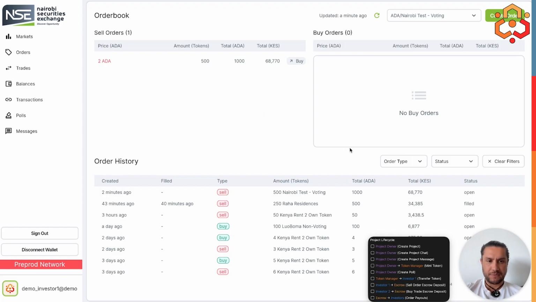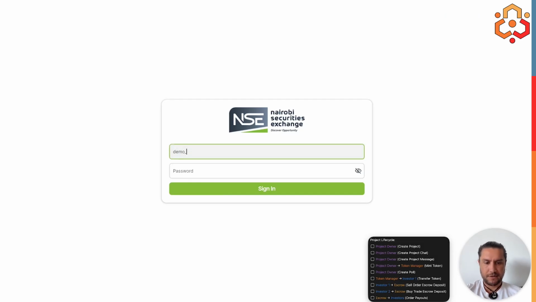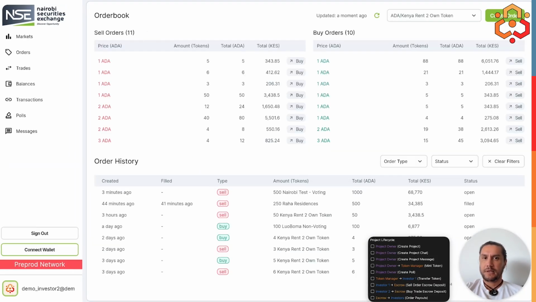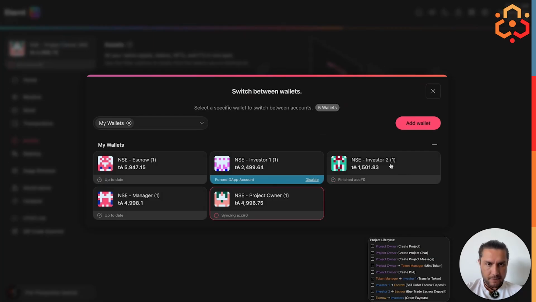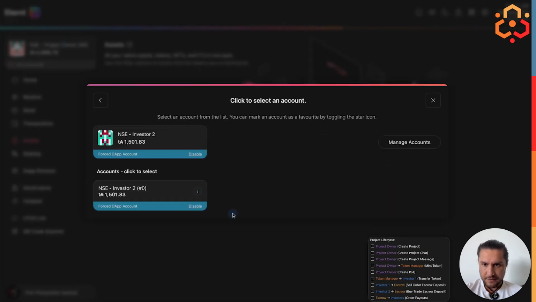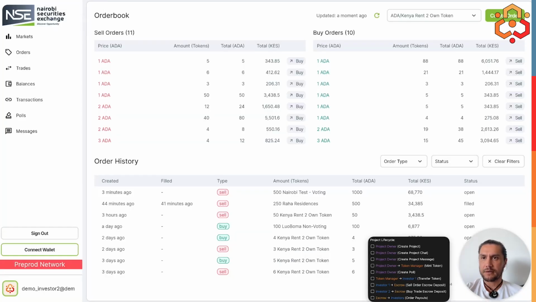So what we'll do now is we'll log out of this and we will log into the investor 2 account and we will take that order. So currently we're a maker of this order. The next investor will be a taker of that order and we'll simulate that flow. So demo investor, log in. Let's again change to the correct DApp wallets, investor 2. We'll come in here, come back,